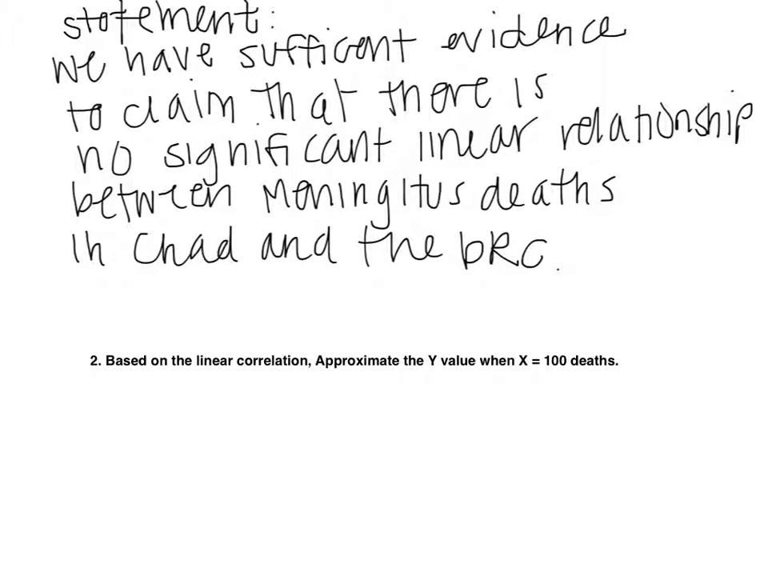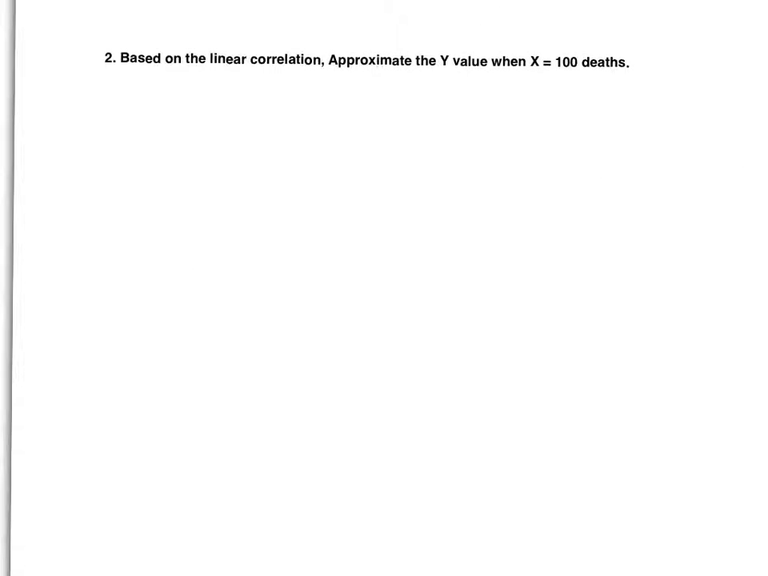So based on the information found through the p-value method, the hypothesis testing, and then also testing for a linear correlation, our statement is we have sufficient evidence to claim that there is no significant linear relationship between meningitis deaths in Chad and the DRC by year. So since there is no linear correlation, there is no line of best fit. However, you can still